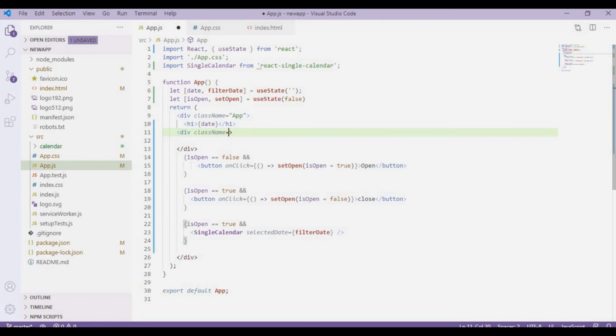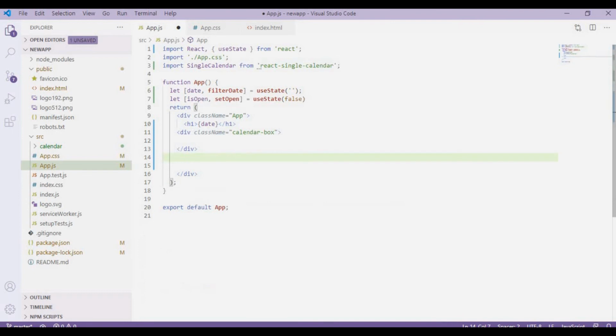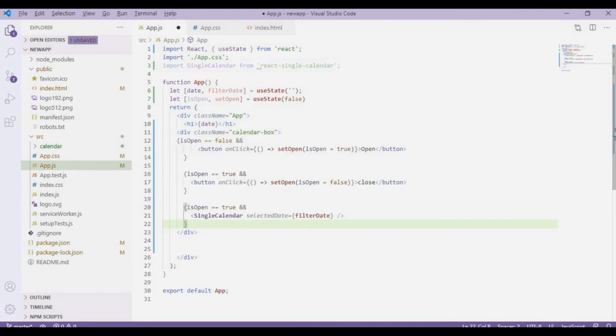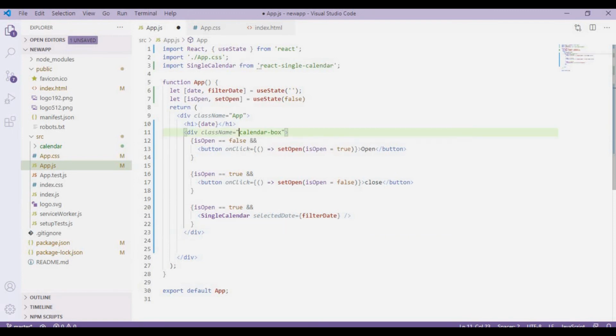Class name is like a calendar box, and inside calendar box I'll have all this stuff, cut and paste over here, and I'll define this calendar box with some width and height.